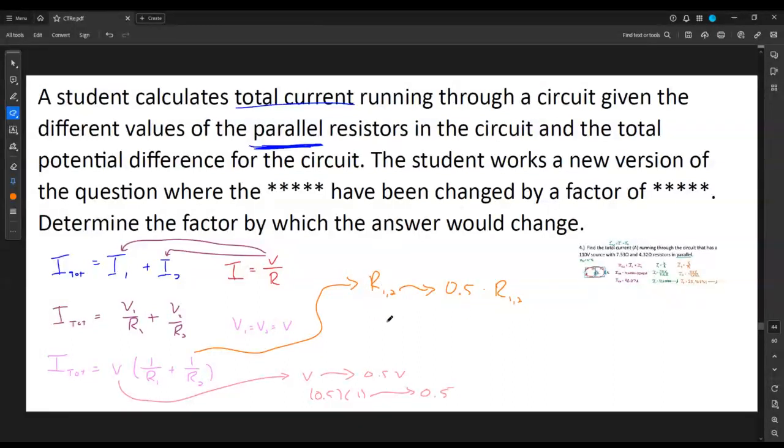So potentially it's not going to be what you're thinking, but we can still work with this. The potential is not going to be affected. It's going to be a ratio, new voltage divided by old voltage, which is 1. Then each of these resistances is going to have that same factor in it. And so we're going to end up with 1 over the factor factored out of these. It's a little bit weird to see, but we're going to end up with 1 divided